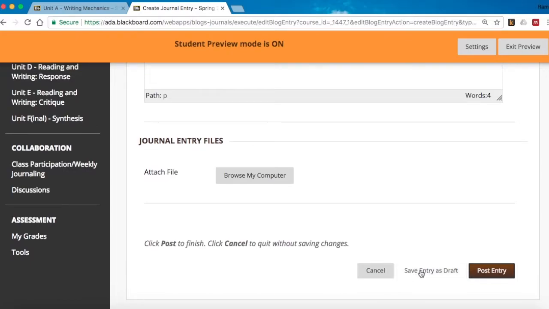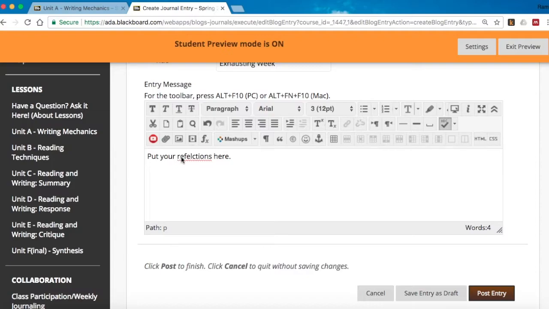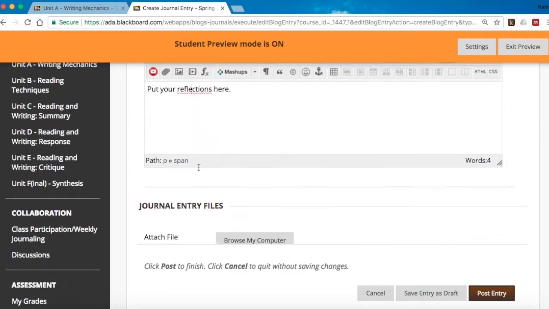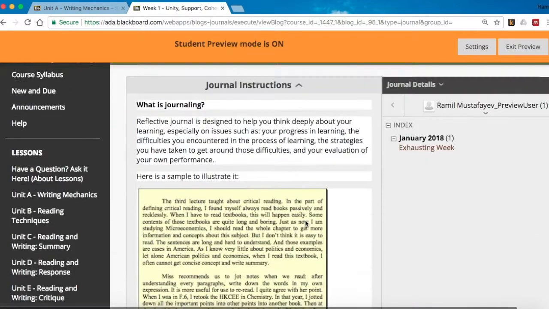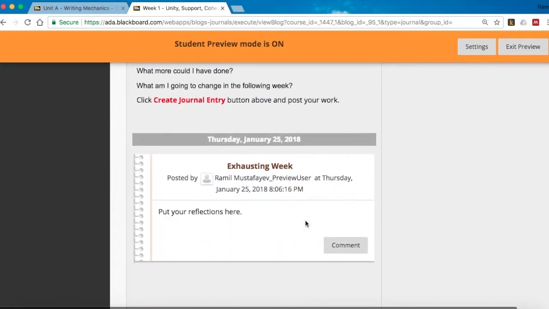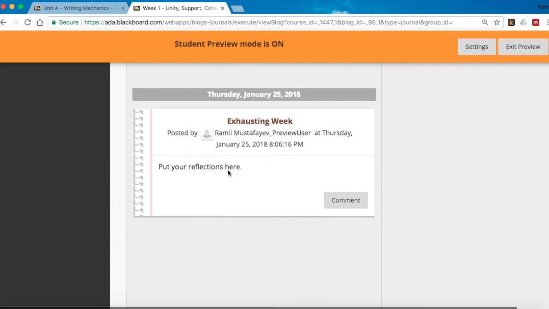And then if you're ready, you can post the entry. Remember that after posting you will not be able to take it back. Or you can save the entry as a draft and then work on it a bit further. For example, see that it's not "reflection," but it is "reflection." So just make some corrections, and then post the entry. So here we go. So after that our entry is posted,